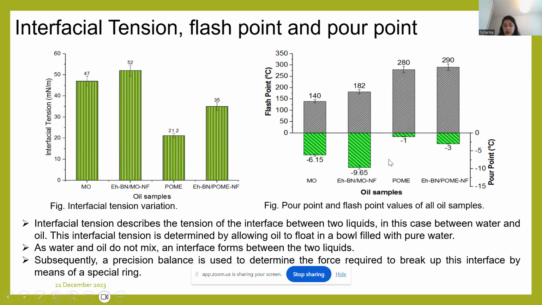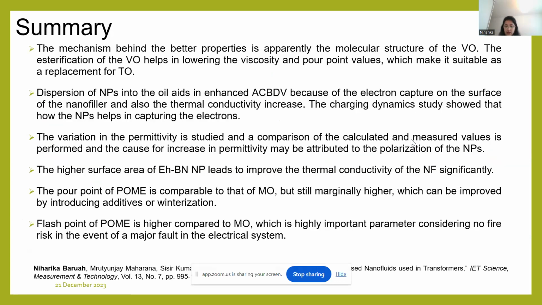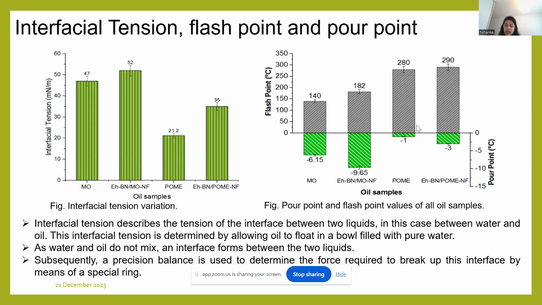Also, the pour point of vegetable oil is poorer than that of mineral oil. However, with the addition of nanoparticles, the pour point tends to increase a little bit. When nanoparticles are added to the oil, whether it be mineral oil or vegetable oil, they tend to disperse the wax crystals that might have formed because of the lowering of temperature. With the addition of nanoparticles, it slows down the process and hence the pour point is increased.